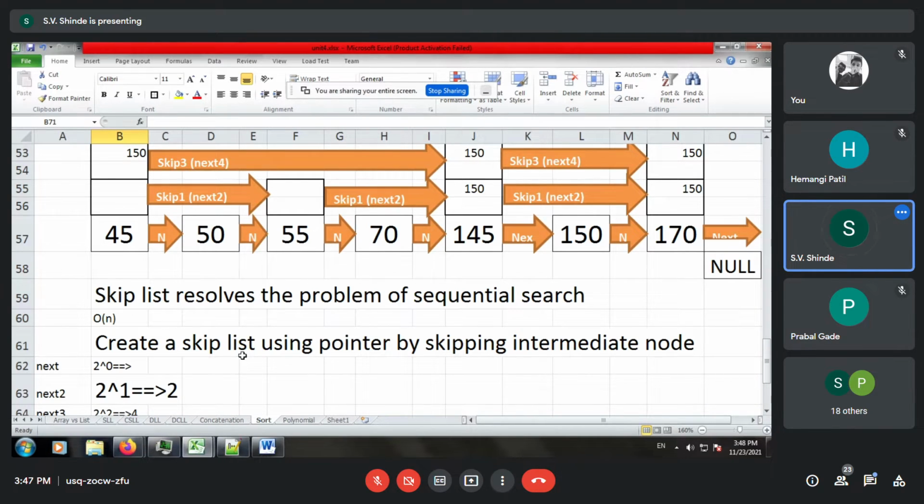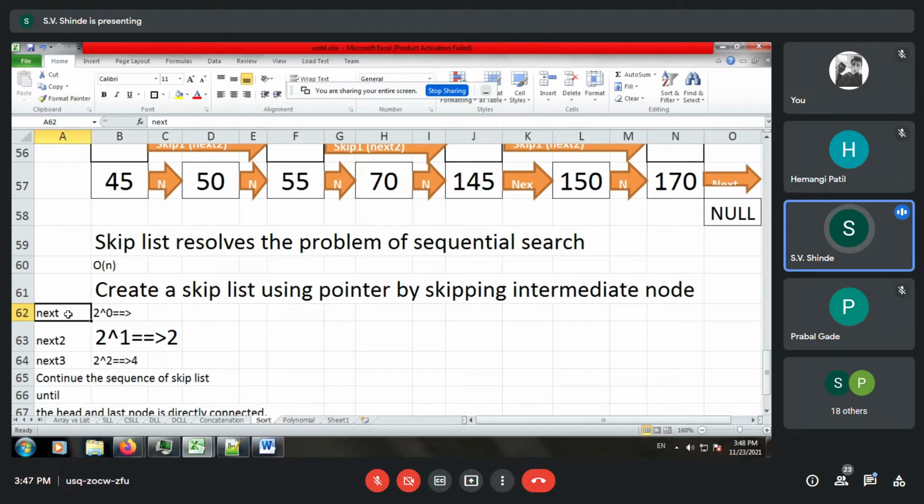So naturally, you can see that the number of next nodes is the challenge. As the linked list is expanding dynamically, we don't know initially how many nodes are there. Therefore, designing a skip list is indeed a challenge.